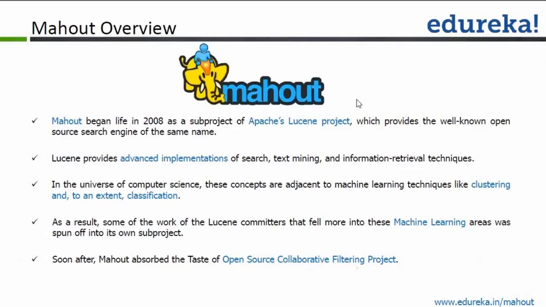One is mainly Lucene. So Lucene is basically a text mining engine. Using Lucene APIs, you can actually build text searching and indexing using the Lucene framework. So as part of Lucene and as part of the text mining, they have developed certain learning techniques inbuilt within the Lucene framework itself, as simple as certain clustering techniques over the text